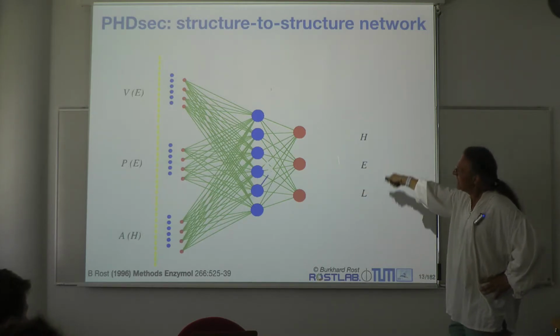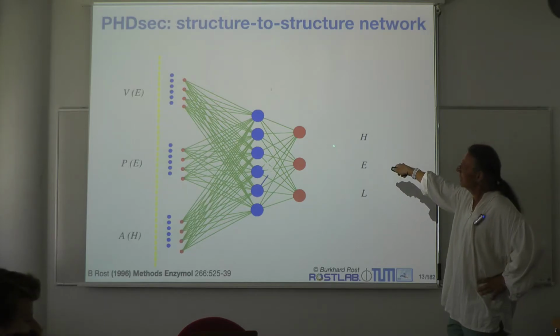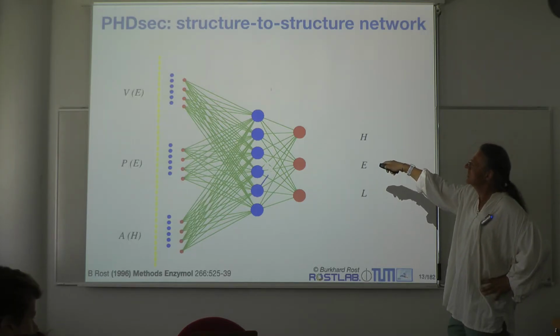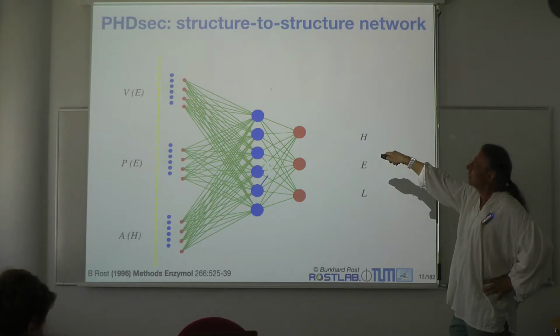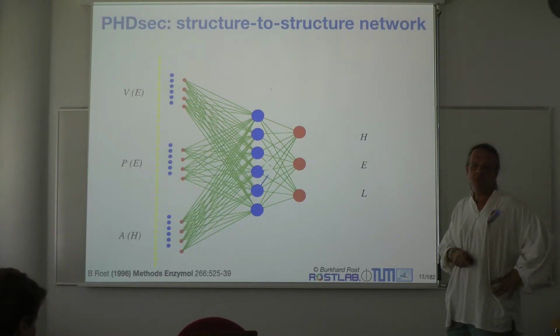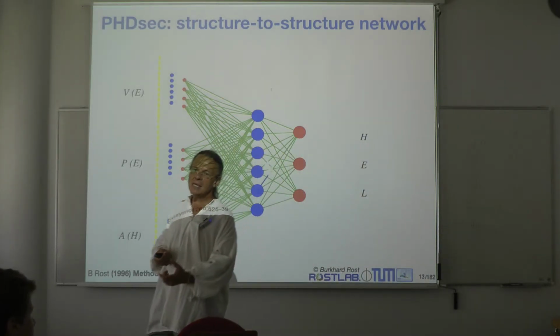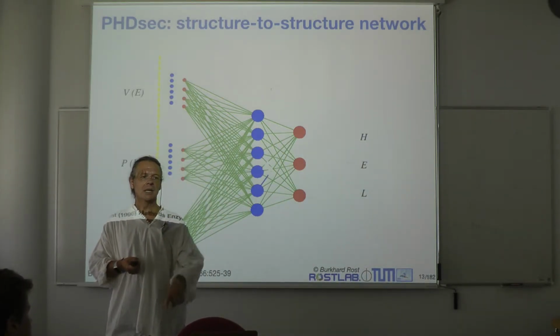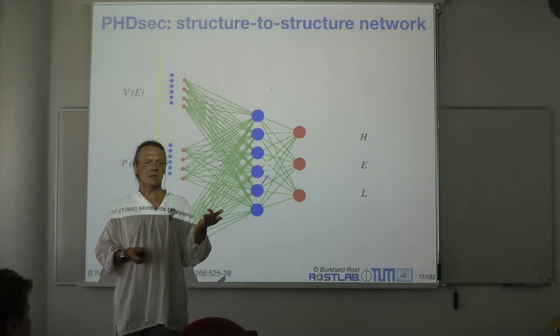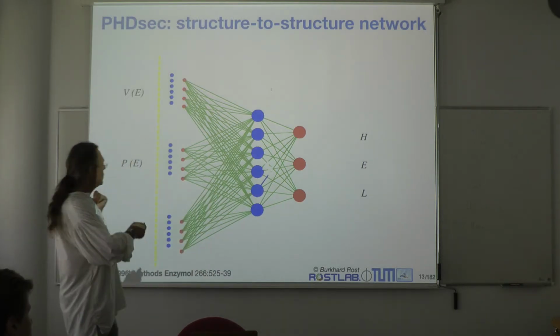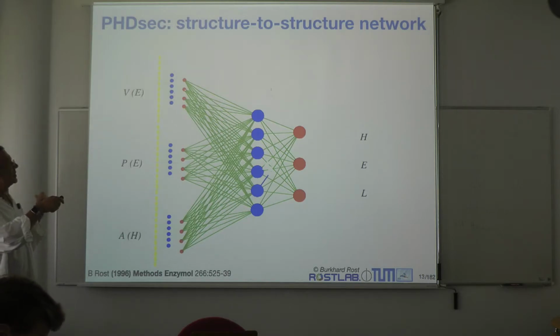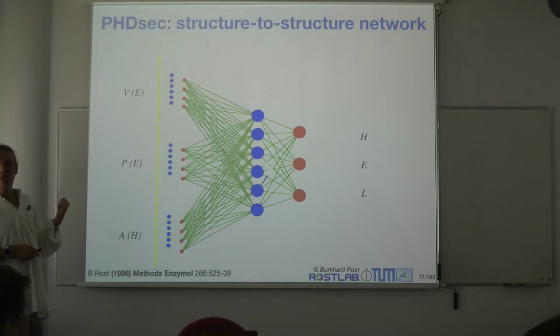Now the input to my second level network, the output of my second level is the same, helix, strand, other. The input is the output from the first level. So I train a neural network to predict secondary structure, and then I take this network, run it through my protein, and put the prediction of the first level into the second level. The reason why the number of input units here is not 3 times 3, but 3 times 4 is